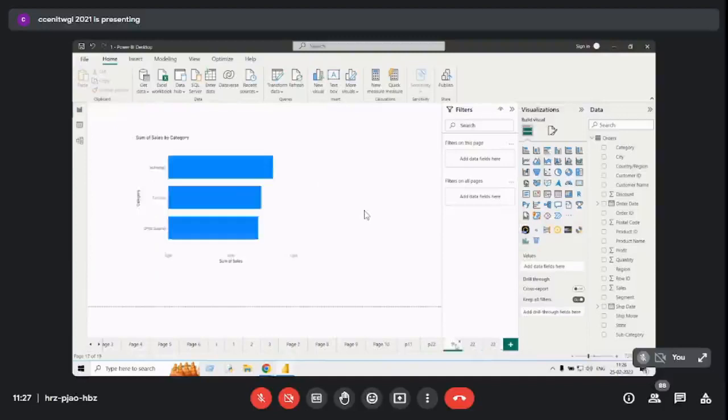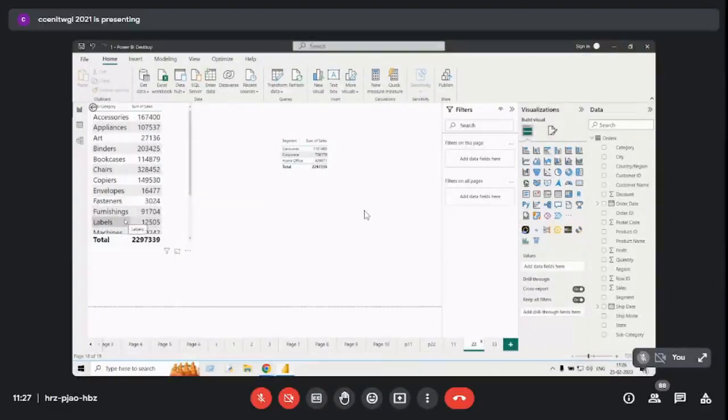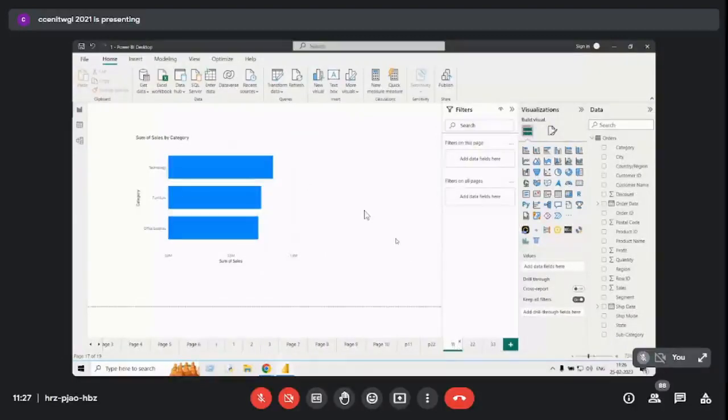So suppose, for example, whenever I click on technology, I want only technology-related subcategories and segments, or maybe even on the third page I want only the customers who have purchased technology and a specific city also. If I want that type of thing, then I have created this particular graph, and what I'll try to do is bring the concept of